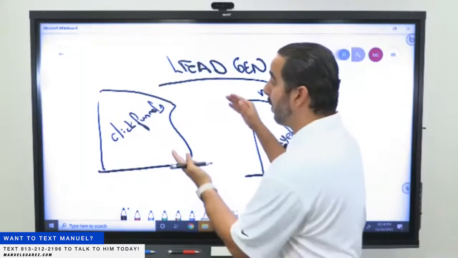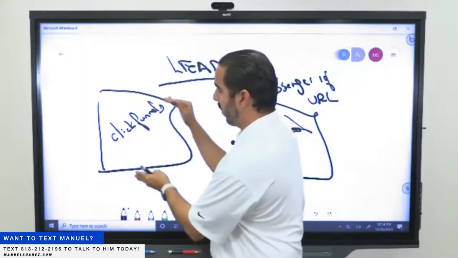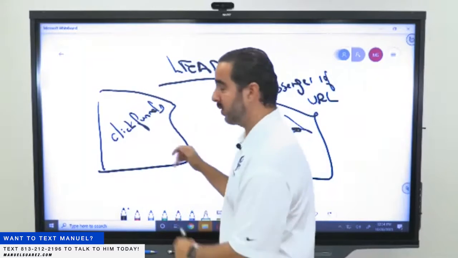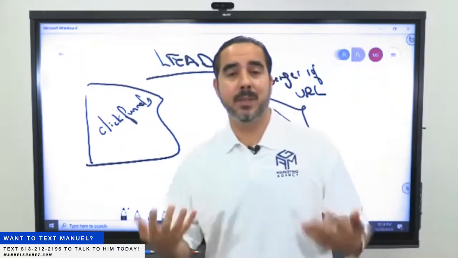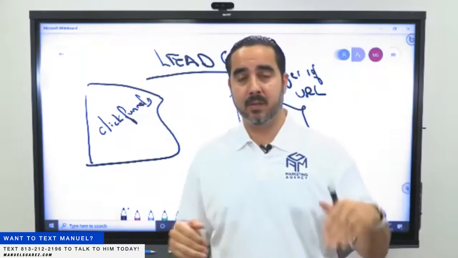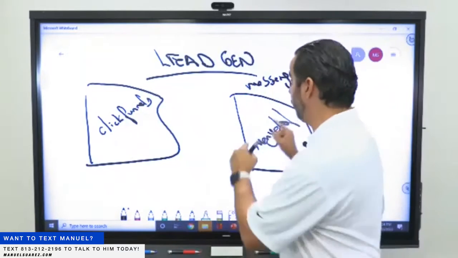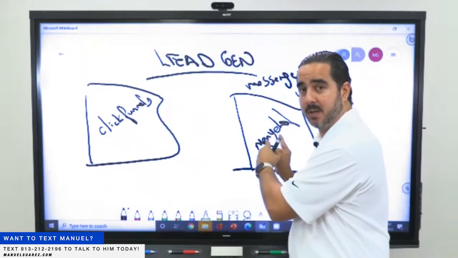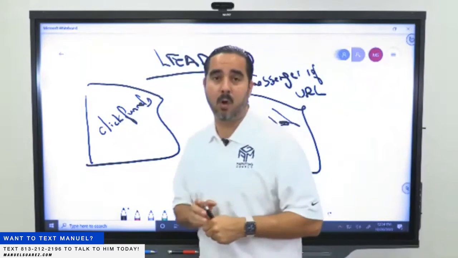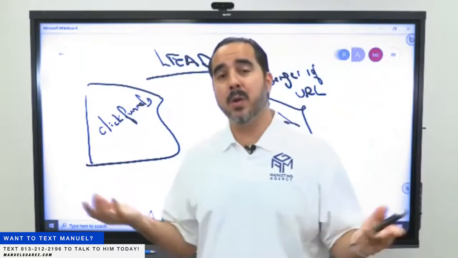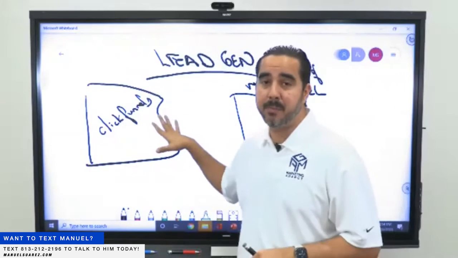So sometimes you just want to go with the algorithm and let Facebook give you results. I will build a ClickFunnels page, or a lead page, or whatever you use, any type of registration page, build a ManyChat flow, and create a split test with the same elements: copy, video, image, call to action. But one of those is going to send them through this flow right here on ManyChat that extracts phone numbers and emails, and the other is going to send them to ClickFunnels that also extracts phone numbers and emails. And now you're going to find out which one gets you the lowest cost per lead. This is something that I would definitely put a lot of attention on.